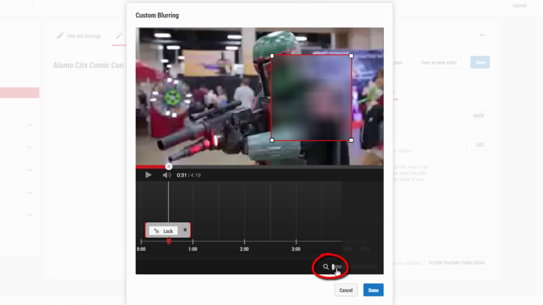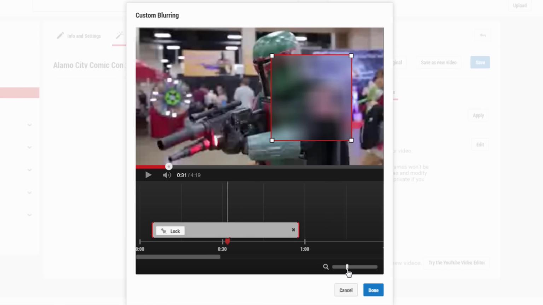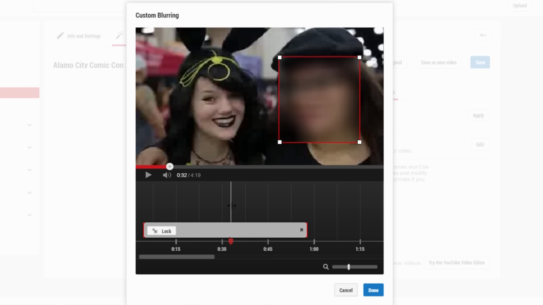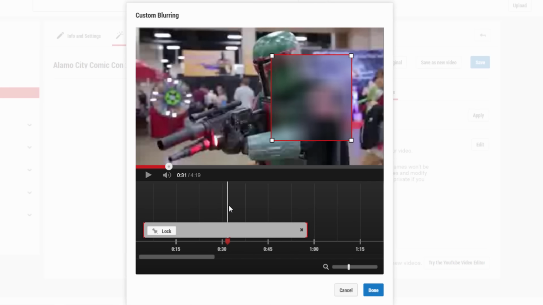So what I'm going to do is I'm going to go down here to this little search thing here, and really what this does is it stretches out the timeline so that you can get more precise and go frame by frame, so that you can move the time that the blur takes effect to only a small portion of time. So I'm going to move this to the right, and you'll see everything gets bigger when I do that, because now I can see more frames. So I'm going to move this over another frame, and you can see that's where she's at. So let me move it back one frame and see what happens here. Yeah, I'm gonna move it forward